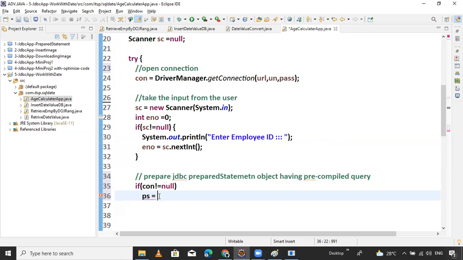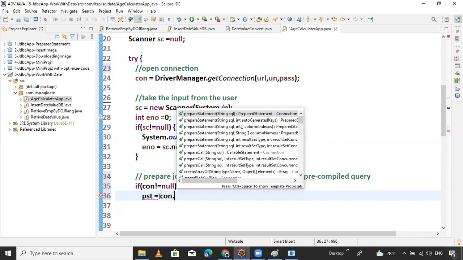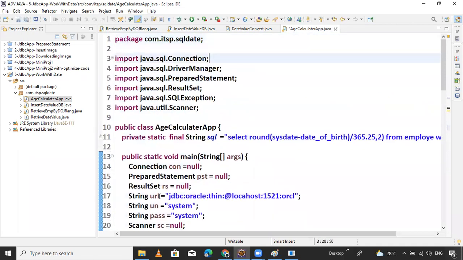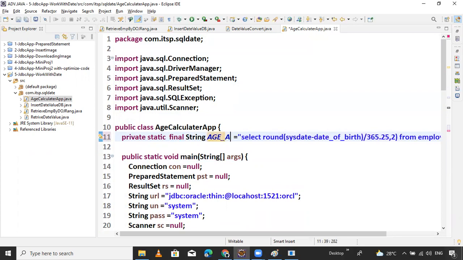So pst equals con.prepareStatement and simply pass the query. The query is sql, I think. Change the name of the query for better understanding, to underscore cal, query cal sql. This is the code.